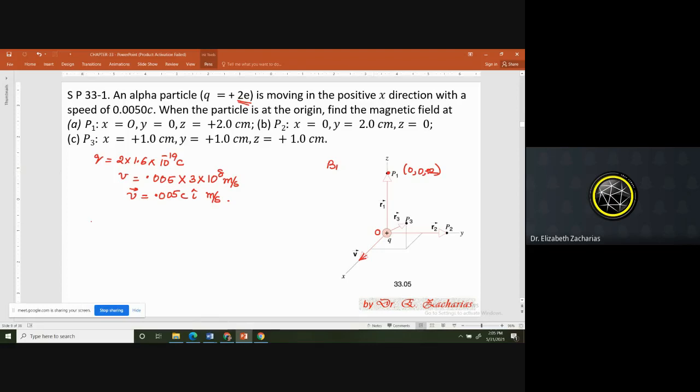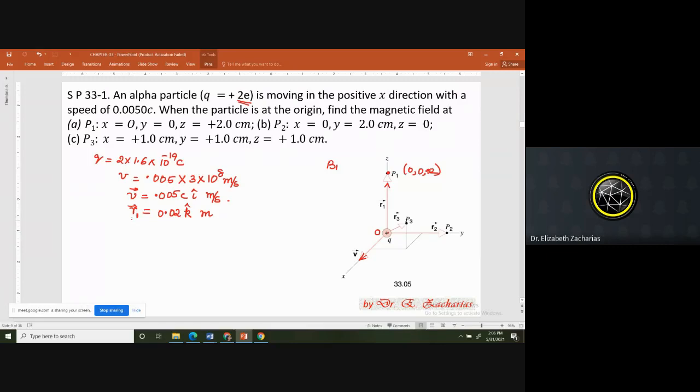Okay. So first of all, let us write the R vector. How do I write the R vector for the point P? Because I am interested in finding out the magnetic field at the point P1 with respect to the charge. So that's my R vector. I'll call it R1, because it's P1. So what is my R1 vector, anyone, in terms of I, J, K? It's parallel to the positive Z axis. So I will write it as 0.02 meter or 2 centimeter along the K cap direction meter.